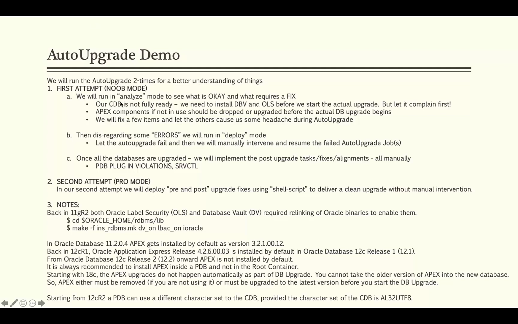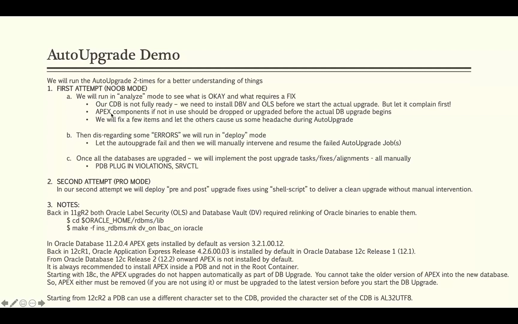But analyze will give me a flag of, oh, this particular component Apex must be upgraded before the DB upgrade begins, and I would still ignore that because I am a noob, I do not know, and I am too casual. We'll fix a few items and let the other items cause us some headache during auto upgrade.